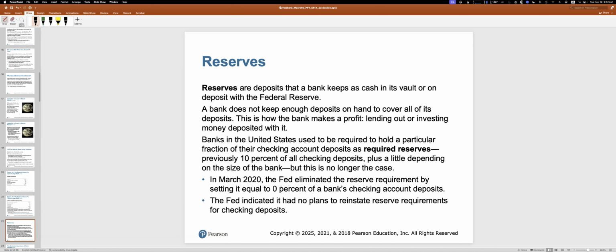So this is a dated slide, but we're still teaching it a little bit, I guess because the professors who teach it are still old-fashioned, myself included. But banks can keep reserves. They can keep some of the money and not lend it out. This no longer applies since COVID. Banks can now lend out all of the money they bring in as deposits.